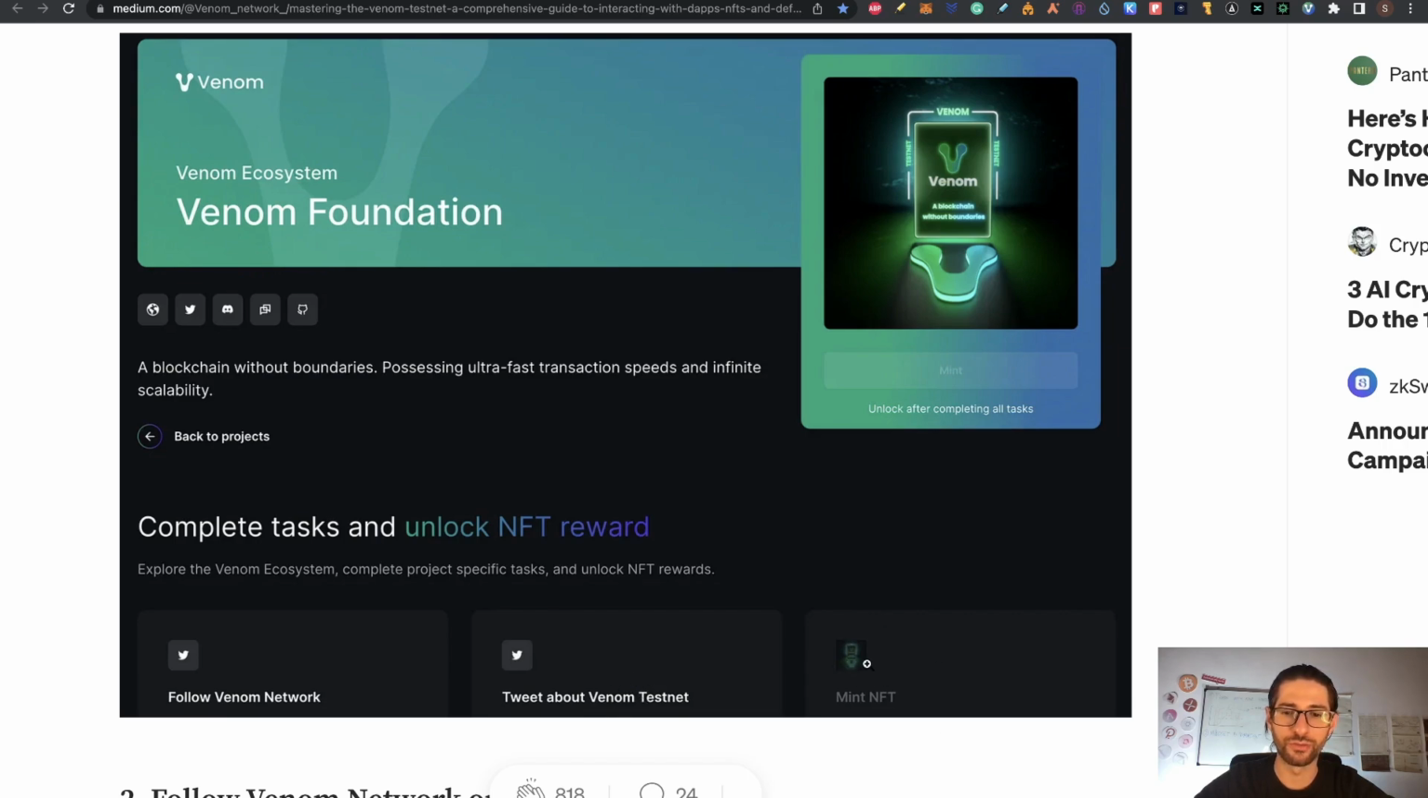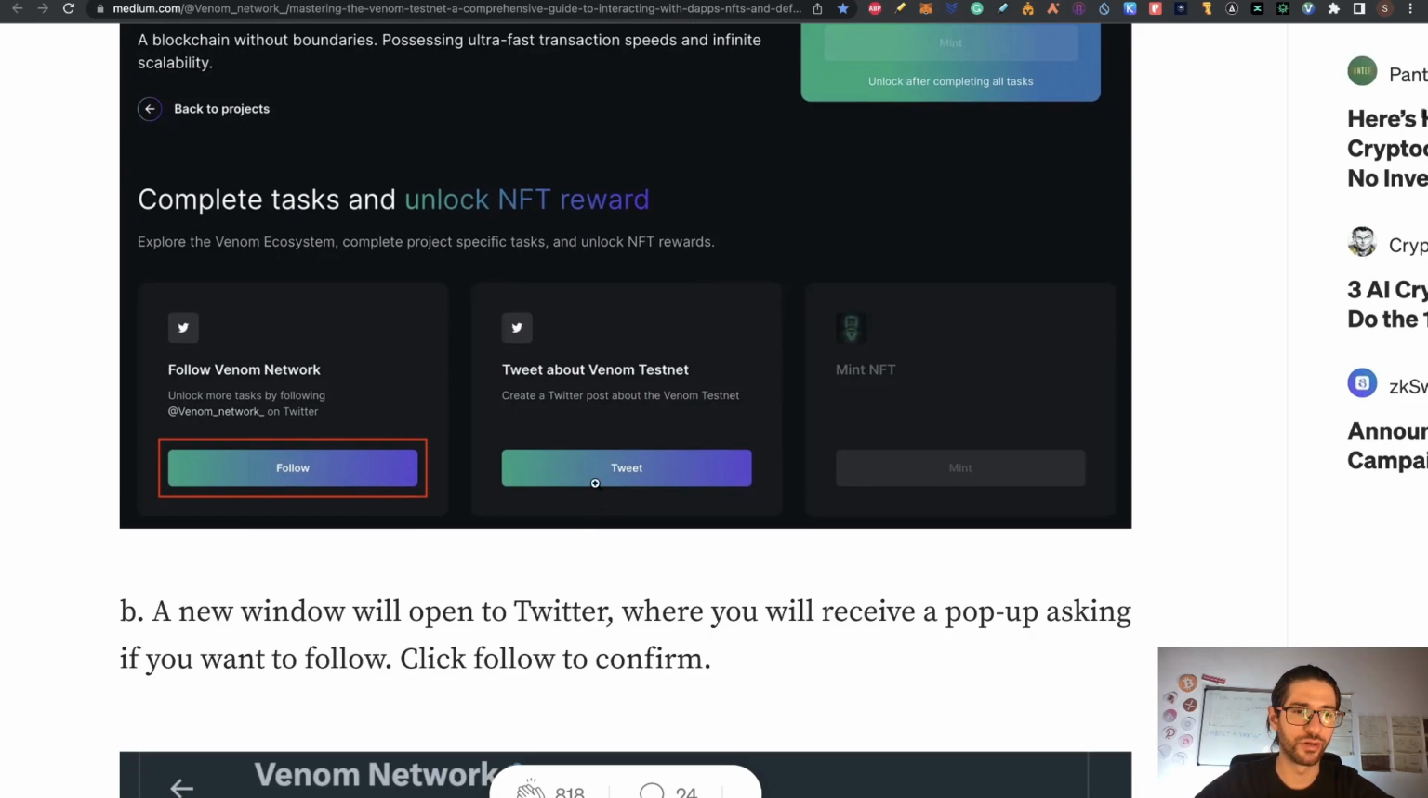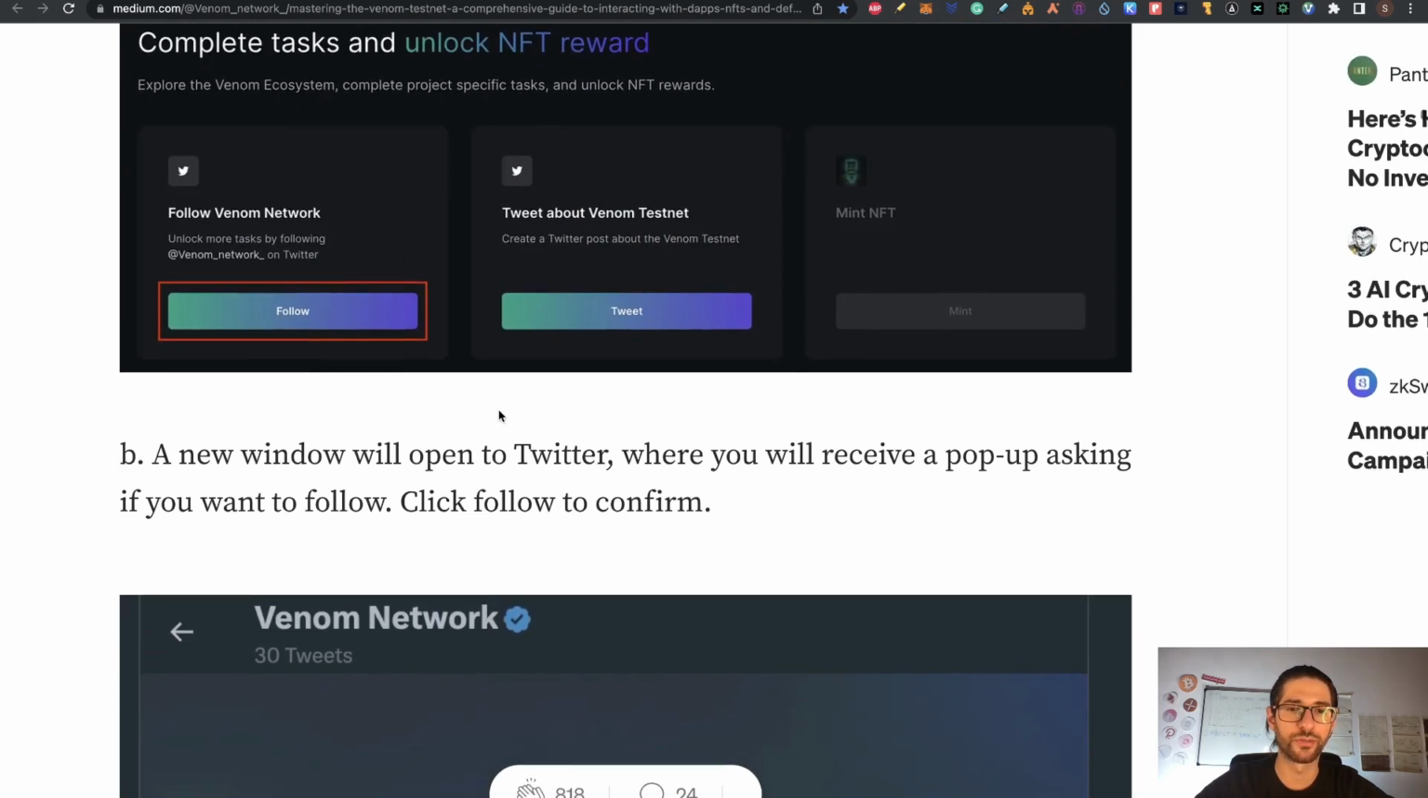You are going to be able to click here on Mint NFT, and you are going to mint and receive this NFT. So the first one is Venom Foundation. It's just follow the Venom Network and tweet about Venom Testnet. You can see here in documentation, you click on follow, this is going to pop up the Twitter, and when